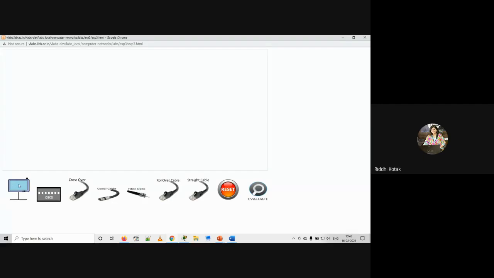You just bring a few PCs and select this central device, right? Then again you have to do the same. Just select the cables, right? From this port you can connect to this port over here, and same way for the next node.